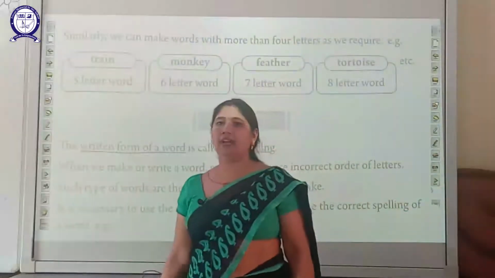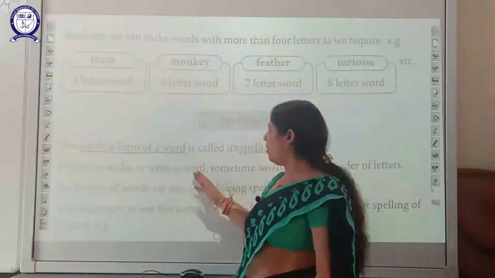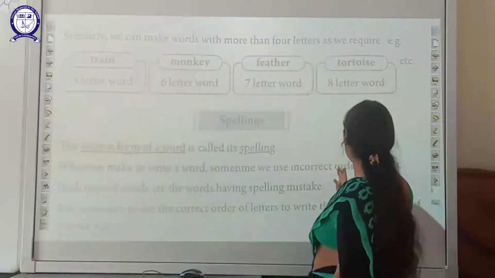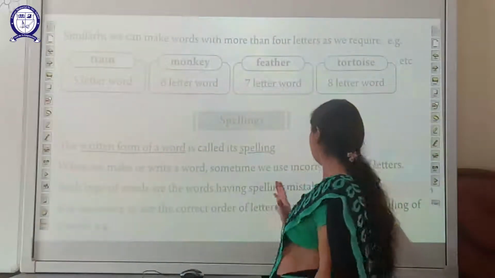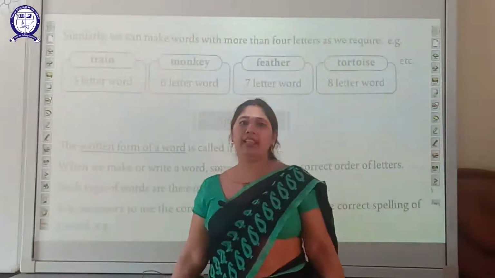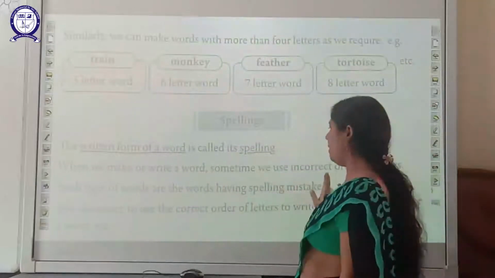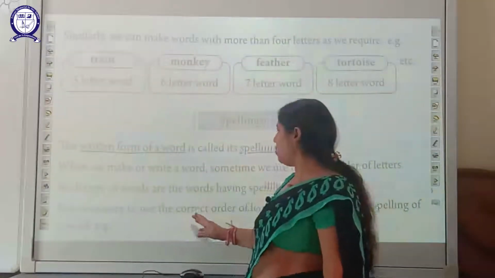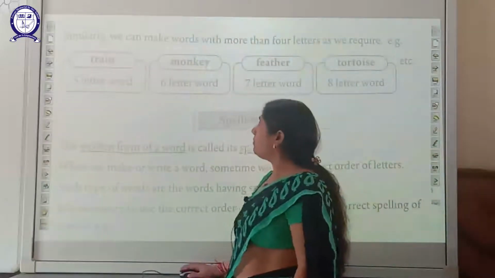When we write a word, that is called the spelling of that word. When we make or write a word, sometimes we use an incorrect order of the letters. Such words are words having a spelling mistake. If we make a spelling in an incorrect way, we call it a spelling mistake. It is necessary to use the correct order of the letters to write the correct spelling of a word. For example,